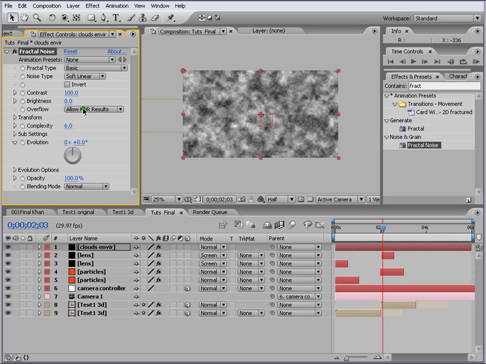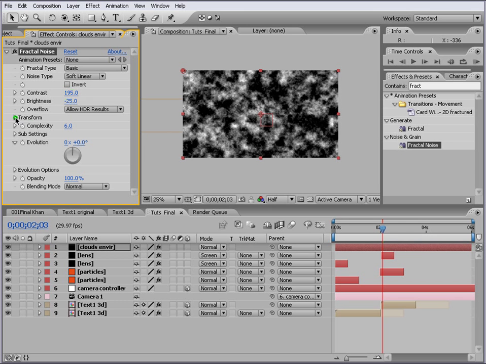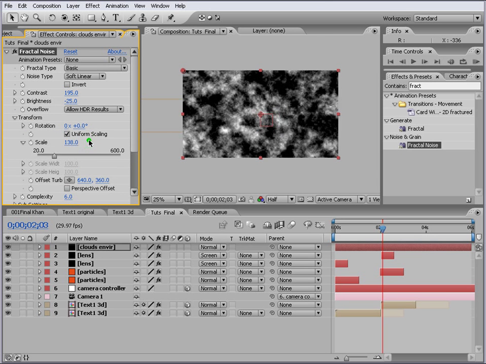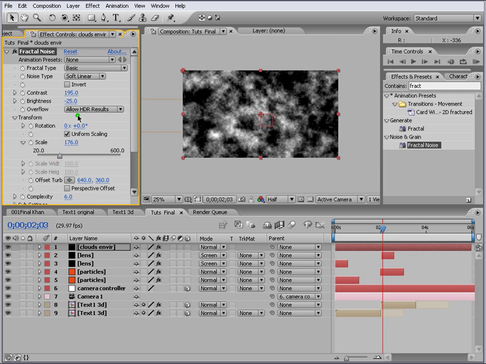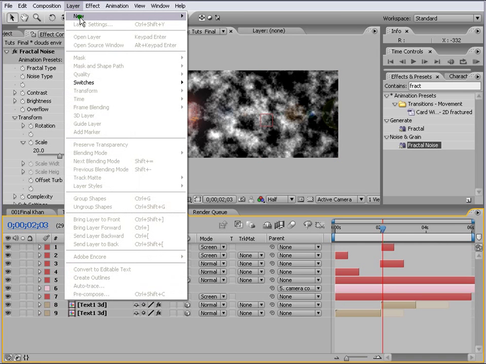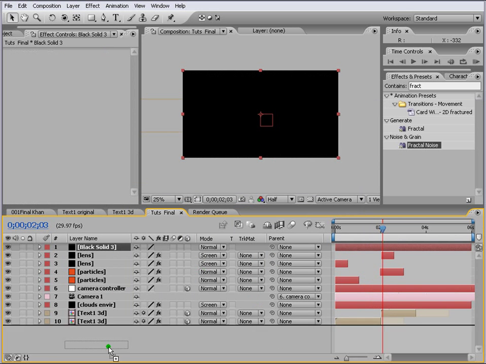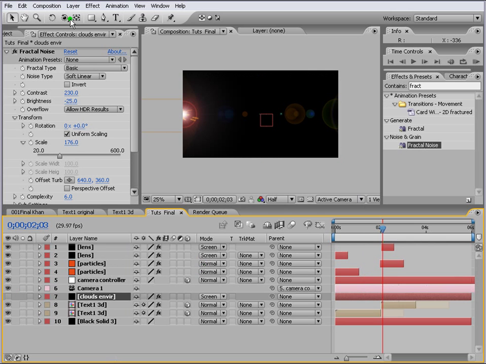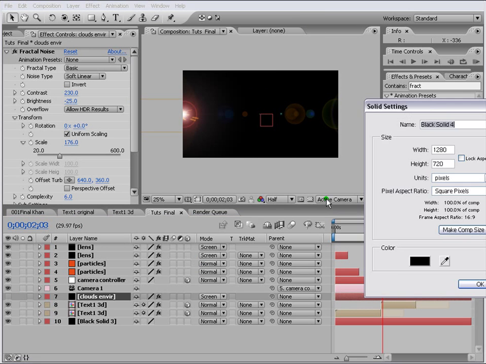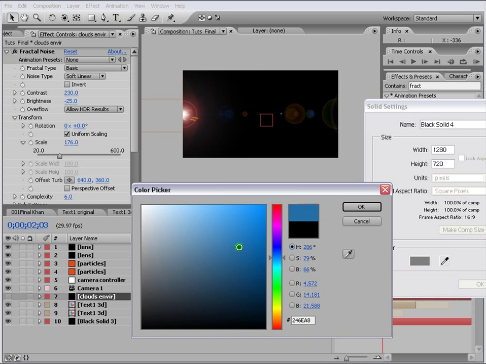Right, and what we do here is before that, let's add a background to it, layer new solid, just a black background. Let's close this environment for a second, layer new solid, and add a